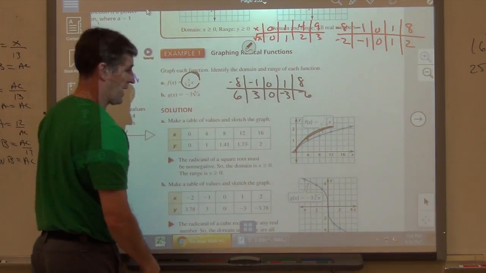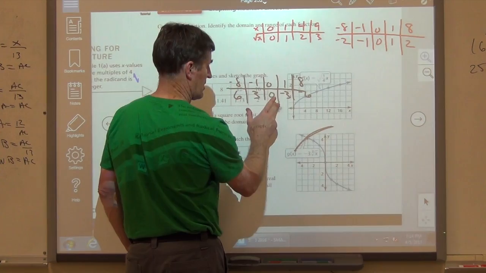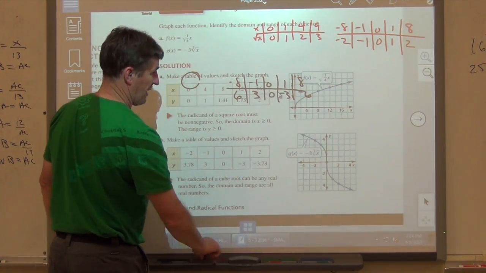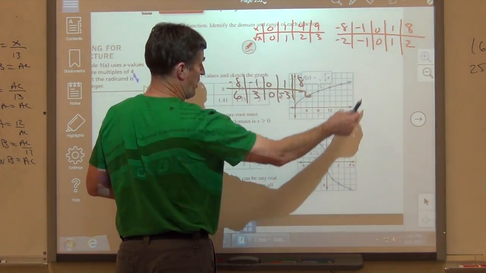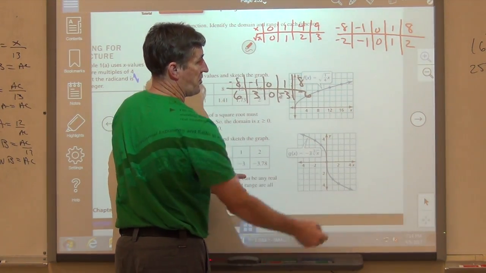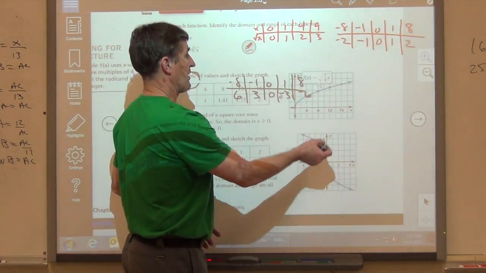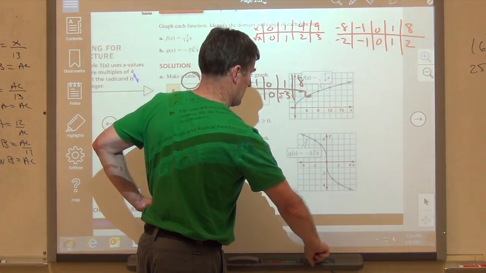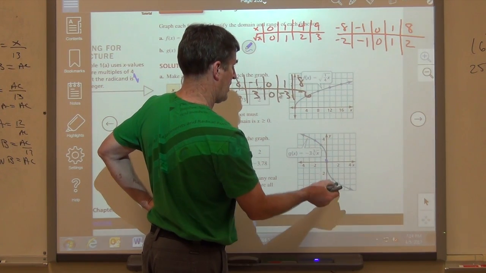And so you can see on the graph here, they get this graph, and so they just have that. I would have, you know, more numbers. I'd go out to 8. But again, all you need is a rough graph of these. They don't have to be perfect, so just get enough information. So like if I was graphing this one, I would just kind of say, oh, it's here at 0, 0. At 1,